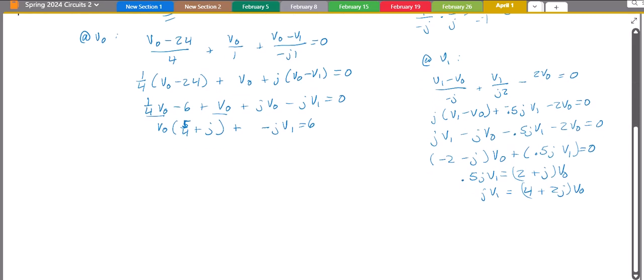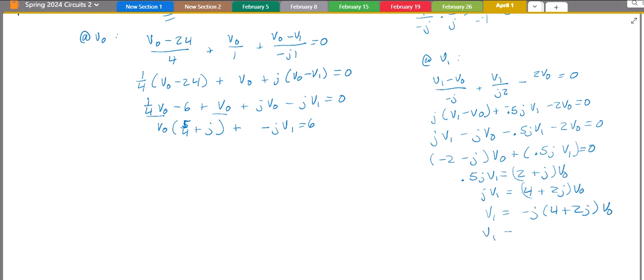And then divide by J, V1 equals, dividing by J, 1 over J is the same as minus J, so it's minus J times (4 plus 2J) V0. So V1 equals minus J times 2J is minus 2J squared, which is plus 2, minus J4